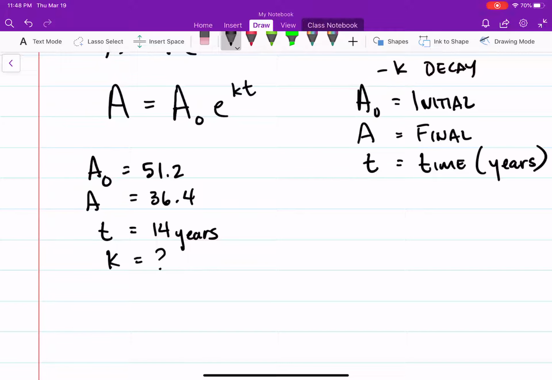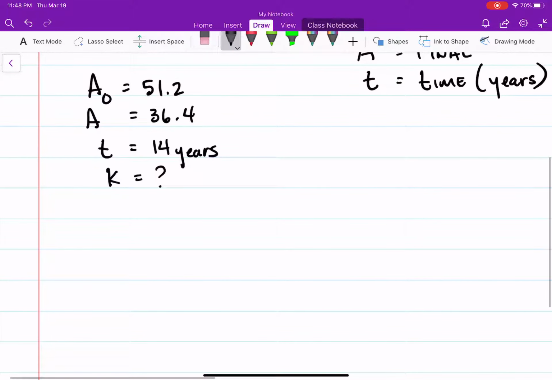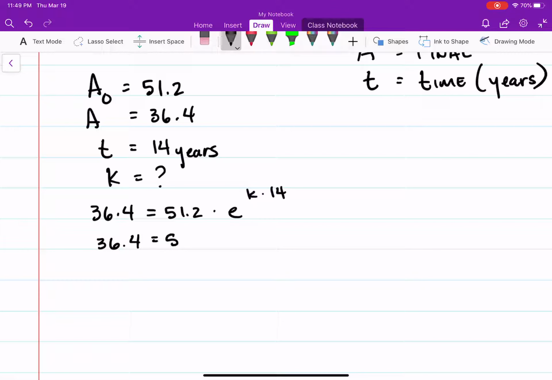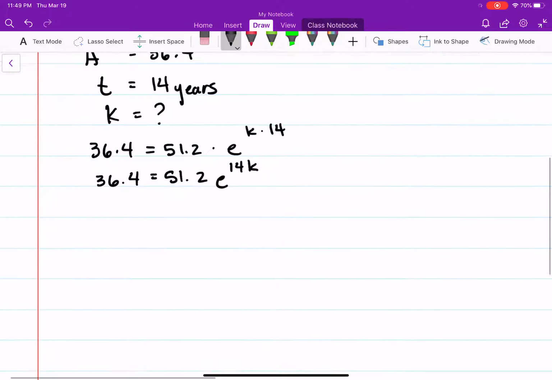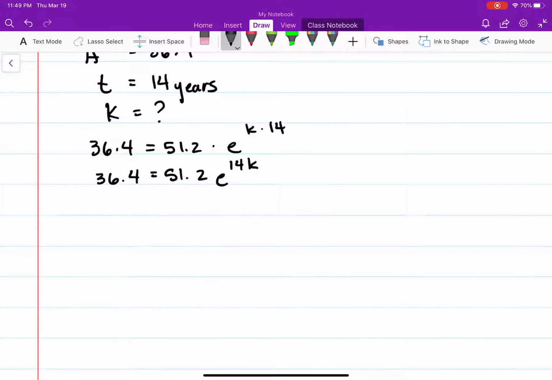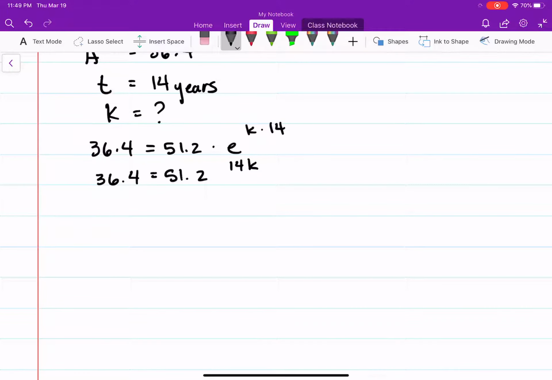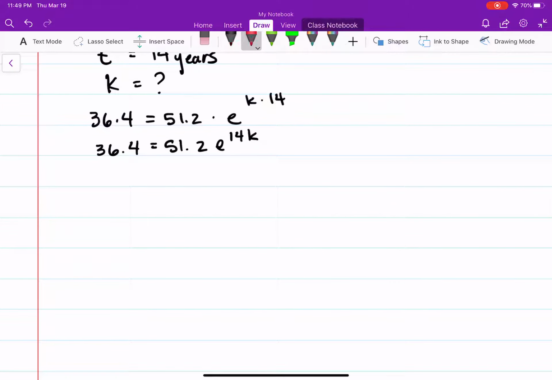Okay, so decay can happen with population as well. So when I put this into the equation, I'm going to have 36.4 is equal to 51.2 times e raised to the k times 14. So let me write this better here in terms of what is more pleasing to the eyes, e to the 14k. Okay, so the question is, how do we go about doing this? So first thing I'm going to do is I want to get the e by itself. Actually, I'm going to write this e a little better here. There we go. That looks way better. All right, so first thing I want to do is get the e by itself. So in order to do that, I have to divide by